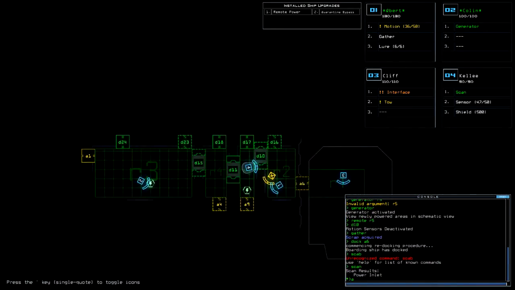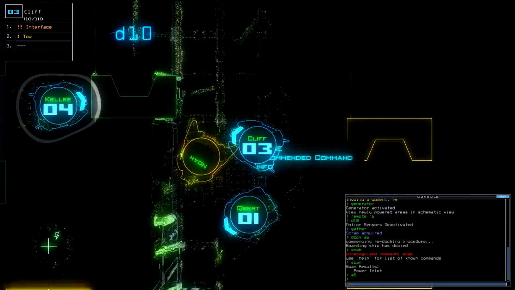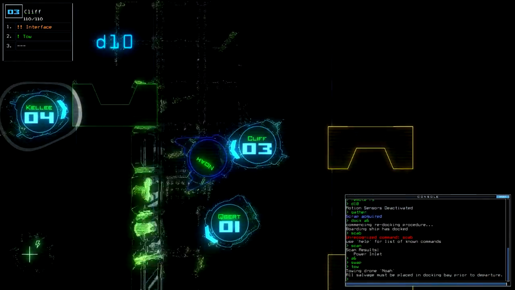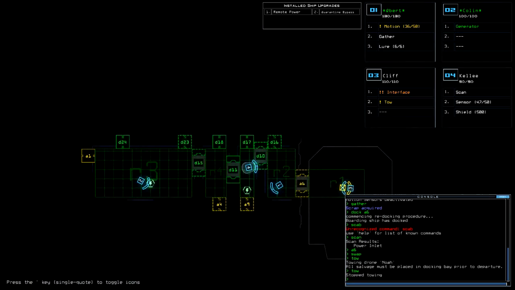Power inlet. Okay, open A6. 3. It's time for you to take a look. Swap. Ooh, scan. Nice, I just repaired mine. Amazing. Well, though, there's another lure, however, that's decent. And though. Okay, now...